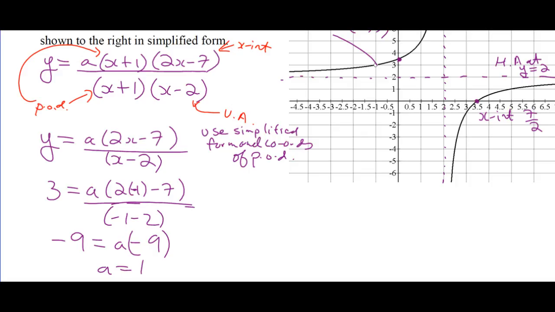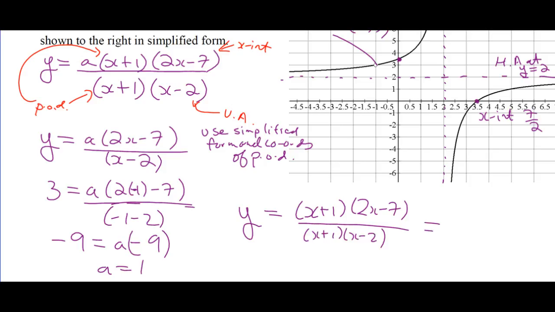In previous examples, there's already an a value. We substitute into this with the x coordinate of the point of discontinuity, and we get the y coordinate. Here, we know the point, so we just throw that point in and solve for a. So in this case, a equals 1, and ultimately, what did it ask for? What's the equation? So the equation is y is equal to, and it said in simplified form, so x plus 1 over,